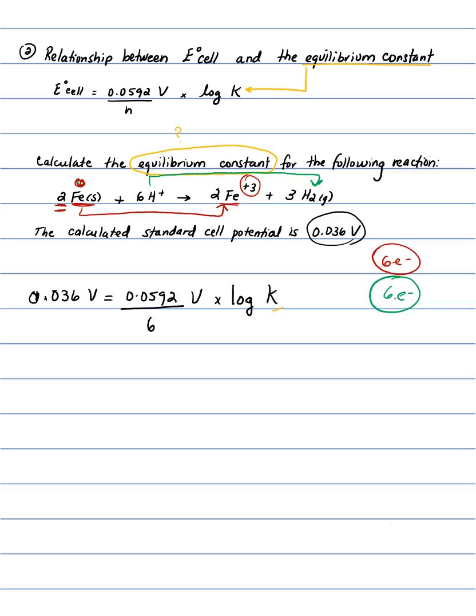So I need to isolate this part here so then we can get rid of the log. So to isolate that part, I need to remove all of this. So that will be times 6 over 0.0592. That will cancel out here, here, and you have only the log of K. But you have to do the same thing on both sides. So this will be 6